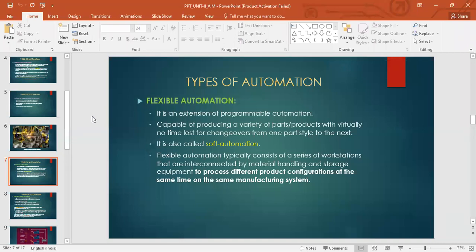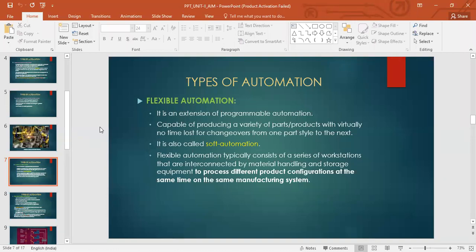That was a characteristic. And another feature is they are interconnected by material handling and storage equipment, because for the product to be brought to different workstations, you require material handling and storage equipment, right? So conveyors, industrial robots, there are even automated guided vehicles.